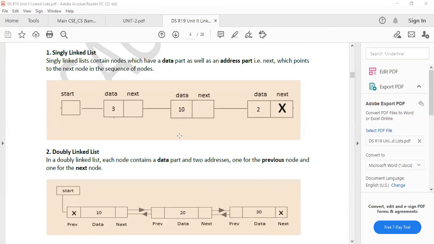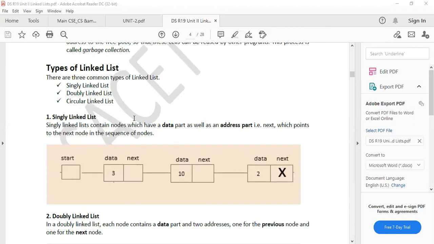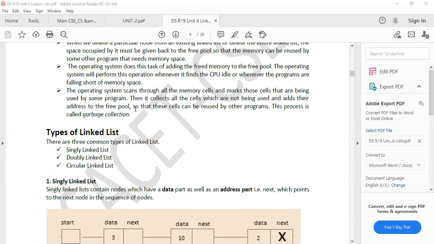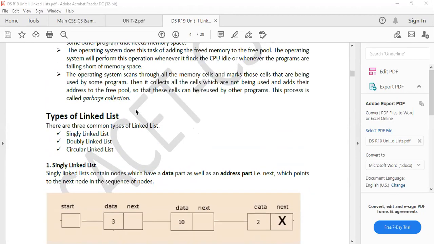Okay. So the linked list is just like a train. It consists of nodes. Every node is a structured data type. The structure is a user-defined data type, which you might already have read in C language. The structured data type is used here for creating the node. So node is a structure type, struct node. That is why we are using the code struct node in the program.